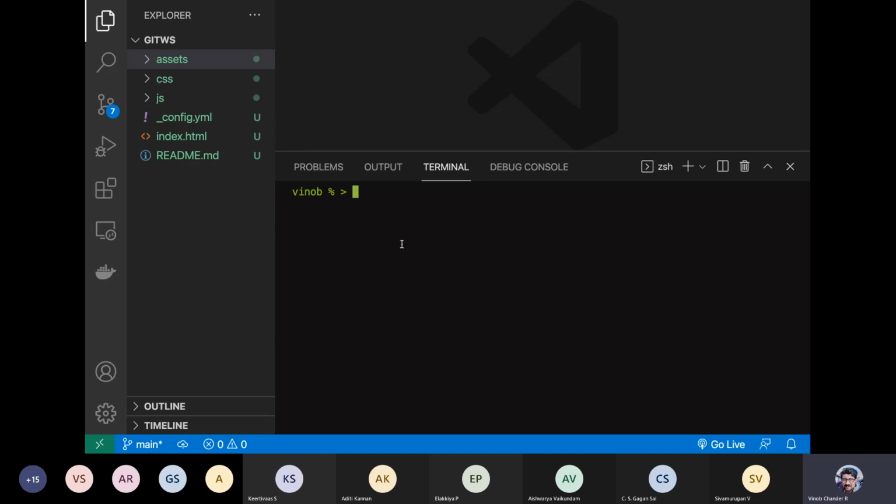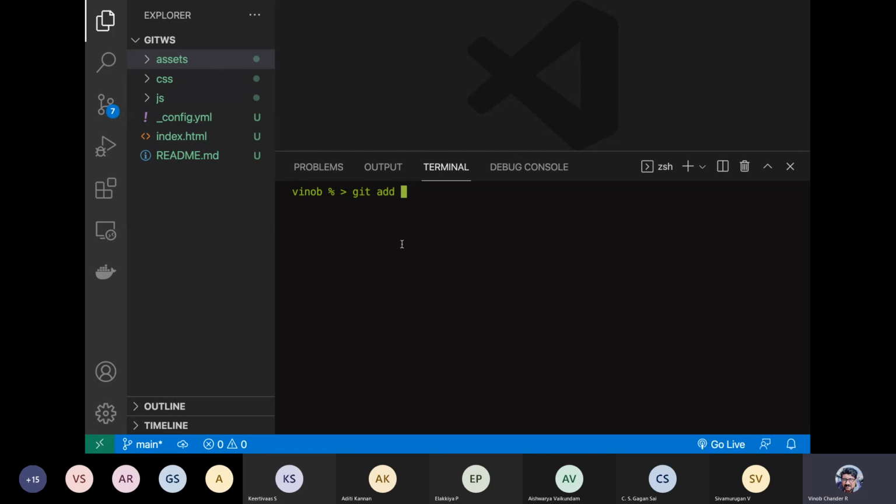So let us stage it, right? So how do you stage it? Is it git stage? Git add. Yeah, so with git add, you can stage all the files. You can put a dot, or you have other options as well, like --all or -A. You can explore these options and the syntax again from the documentation, and whichever you feel is preferable, you can make use of that.